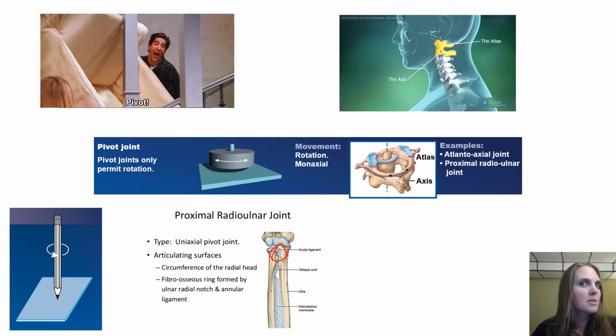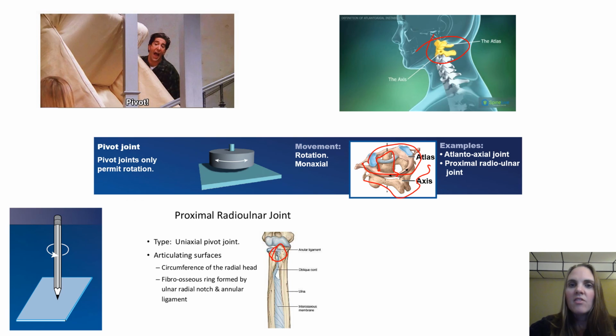Big one though to think about is the atlantoaxial joint at the top of our spine. That allows the head to pivot, and hopefully in lab you'll be looking at the atlas and the axis, which are the first two cervical vertebrae. You can see them here in this image, but they have a very special shape that allows them to fit together. The axis is the more inferior of the joints, and you can see it's got this little protrusion called the dens,